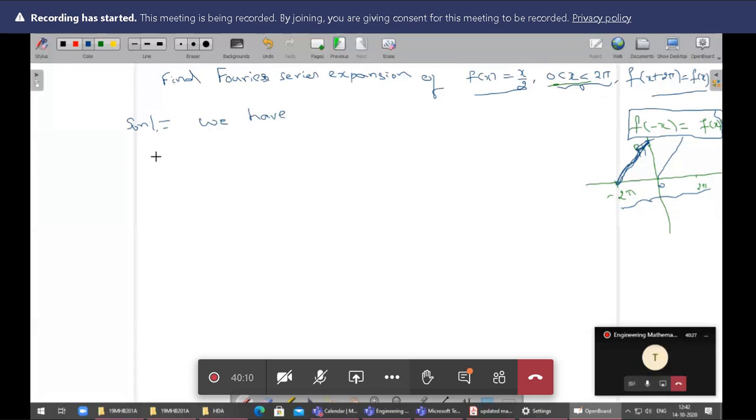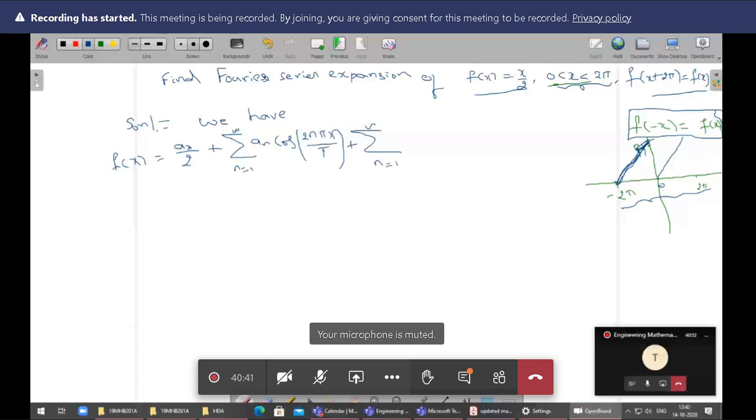What is that Fourier series? f of x equals a naught by 2 plus summation n from 1 to infinity a n cos 2n pi x by t plus summation n from 1 to infinity b n sin 2n pi x by t. This is called equation 1,